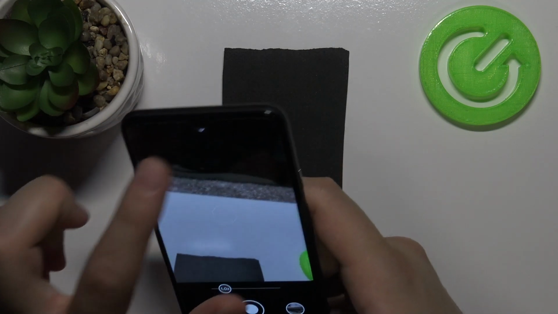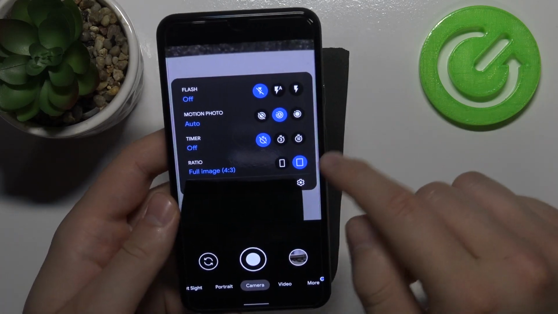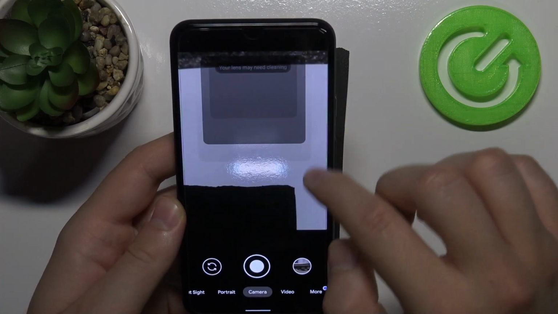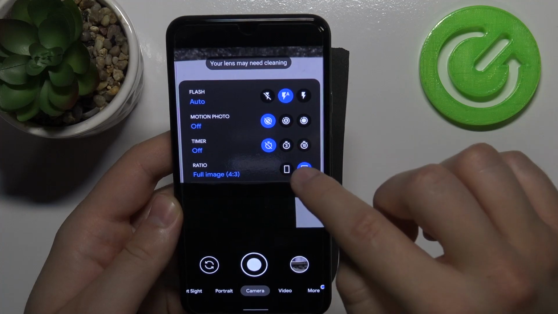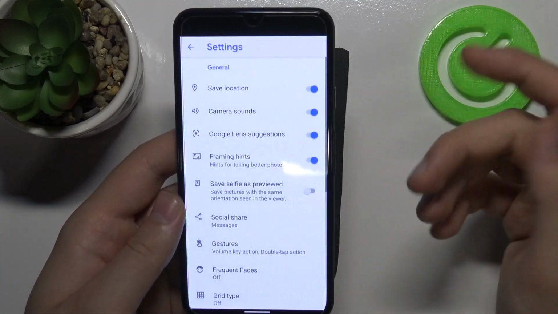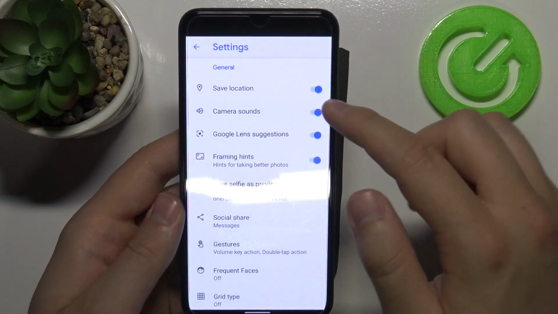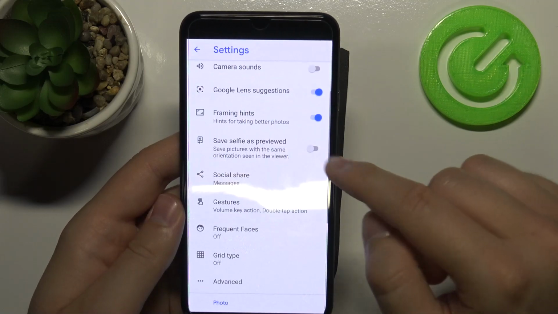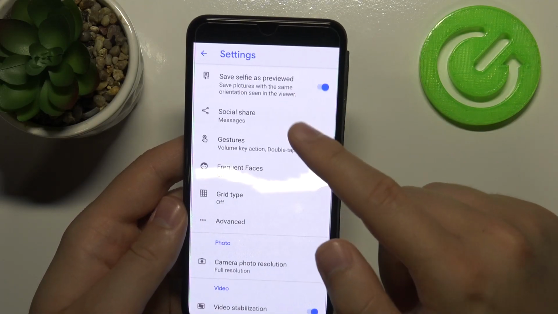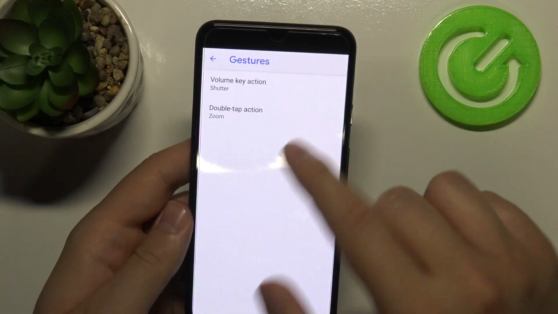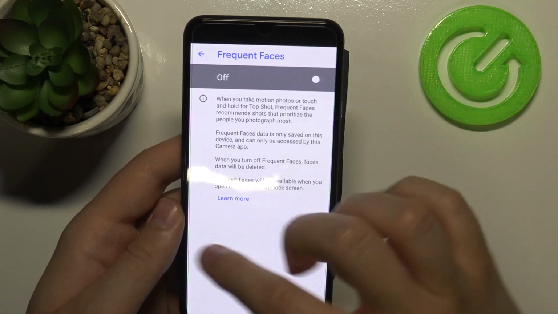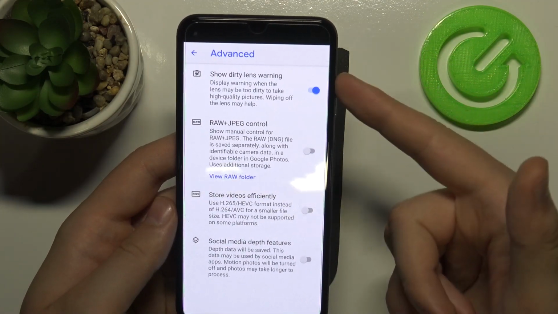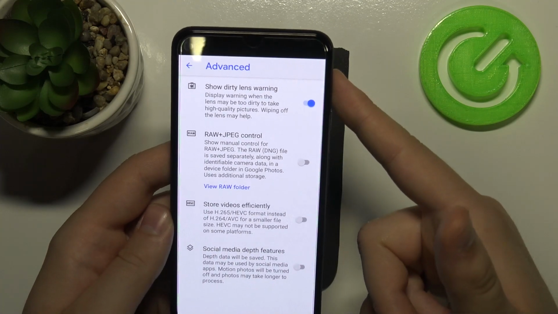Also, when you tap here, we got the settings. So as you can see, we can activate flashlight. We can activate motion photo. We got the timer, aspect ratio, and here we got other settings, like we can activate location tags, we can turn off shutter sound, the Google Lens suggestions, framing hints, the mirror effect, social share gestures like the volume key action, double tap action, frequent faces, the grid lines, and in the advanced we got dirty lens notification,